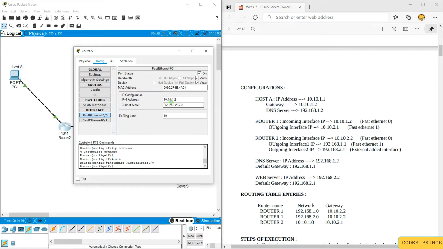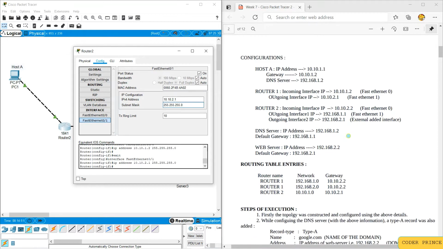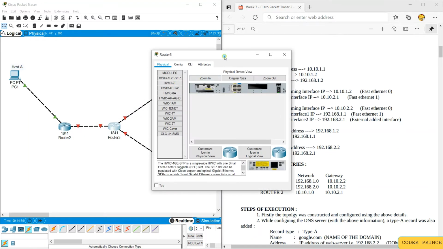So this will tally with these first three values instead of only the first one. So coming over, you can change this to 10.10.2.1 and it will be automatically updated to 255.255.255.0.